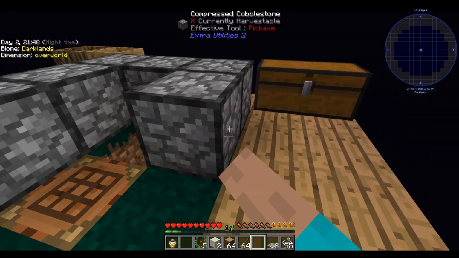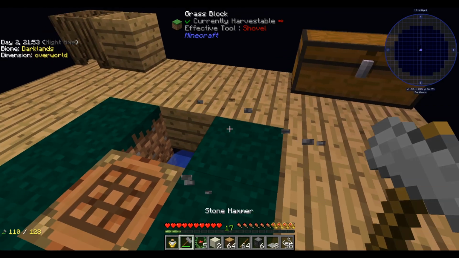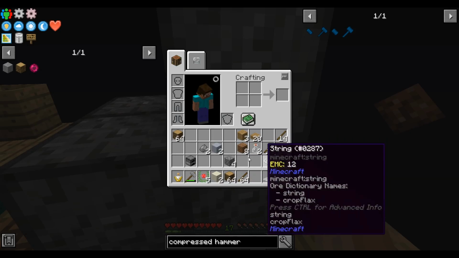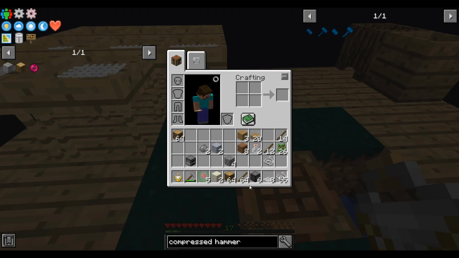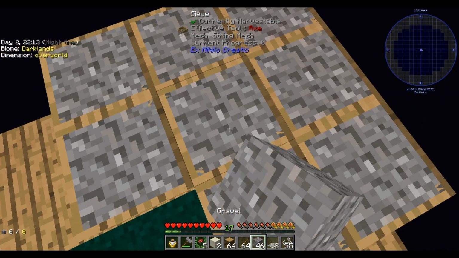So little things like that, I think, significantly reduce the grindiness, and it just lets you play the game instead of hitting blocks. Which, I mean, hitting blocks is... Oh, that's what I wanted, is it? I wanted gravel. Hitting blocks is half the fun of Minecraft, but for now in modded, I don't want to just sit here hitting blocks all day. So with gravel, I can...